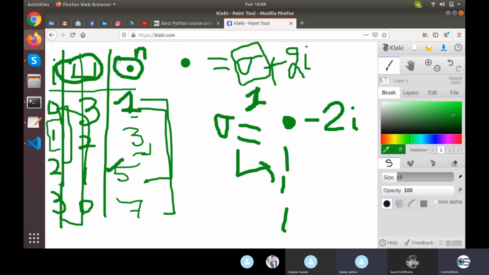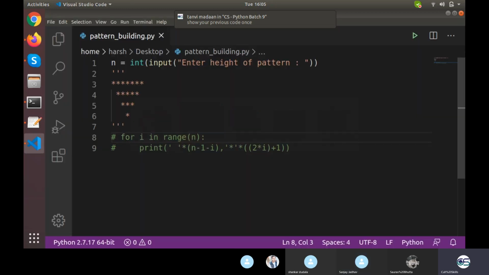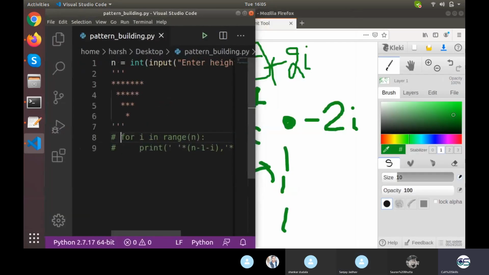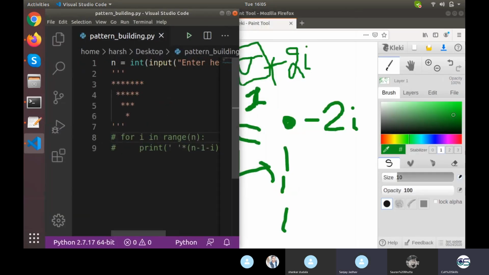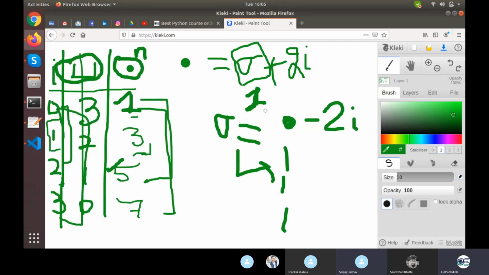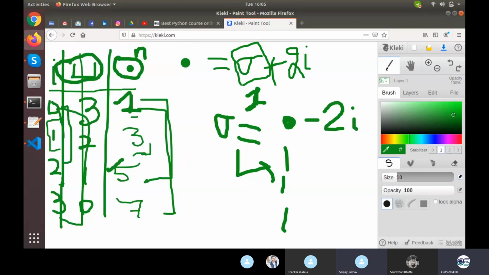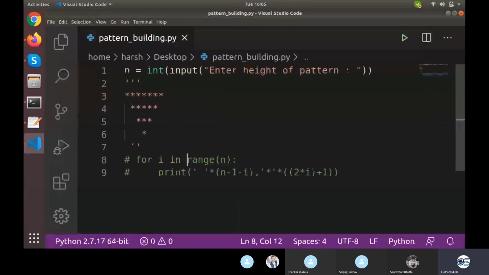So in this case, the space value will be 0, 1, 2, 3, no? Exactly. And the i value will be 3, 2, 1, 0. No, the i value will be 0, 1, 2, 3 only. Okay. The i value will always be 0, 1, 2, 3. That was my previous code. And dot will be here like say 4, 3, 2, 1. Dots will be 7, 5, 3, 1. Yeah, 7, 5, 3, 1. Just check it on your screen. I shared that stuff. Just check it from here. Everything is mentioned in this.